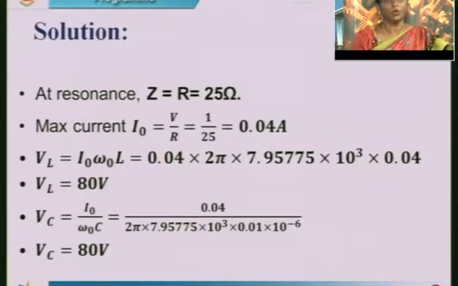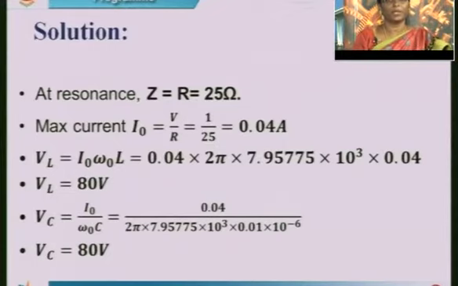Now, what is the voltage? Once we know the current, since it is a series RLC circuit, we are going to find voltage across the inductor. The equation is I naught into XL, where XL is nothing but omega naught L. So the voltage across the inductor is 0.04 into 2 pi into L, which we have taken as 0.04 henries. Omega naught is nothing but 2 pi F, where F is F naught, that is 7.95775 kilohertz. On simplification, we get VL equal to 80 volts,